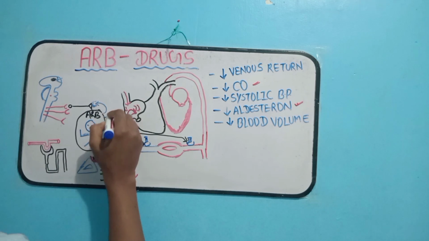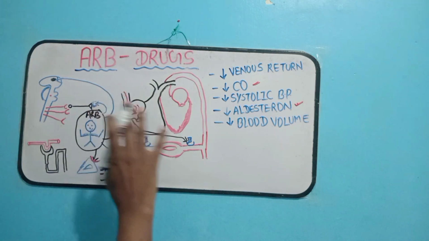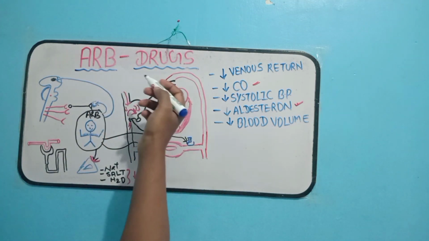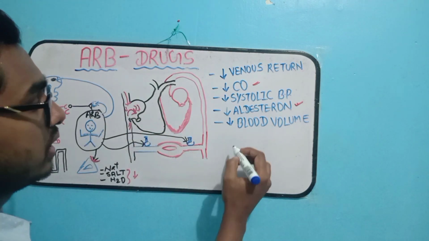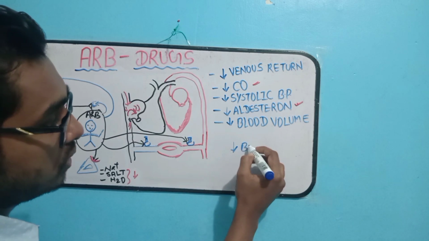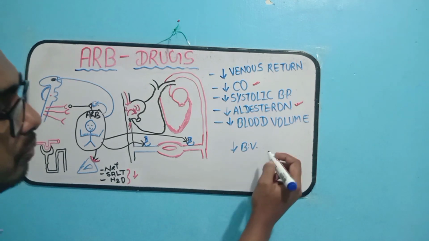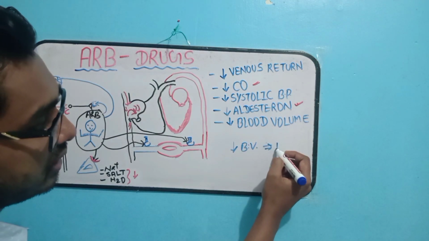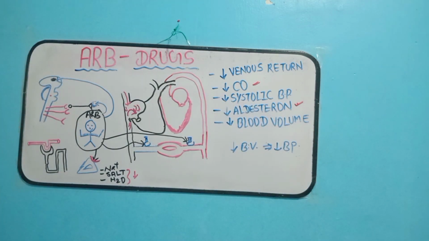So this also reduces the blood pressure in the congestive heart failure patient. This ARB also acts on the hypothalamus, and we know that at the hypothalamus angiotensin 2 produces thirst. If the patient is suffering from congestive heart failure, and when we give that ARB drug, then the patient cannot feel thirst and they don't want to drink water. If they don't drink water, then there is also reduction of the blood volume, and that also leads to a decrease in blood pressure. So this is how it is beneficial in the congestive heart failure patient.